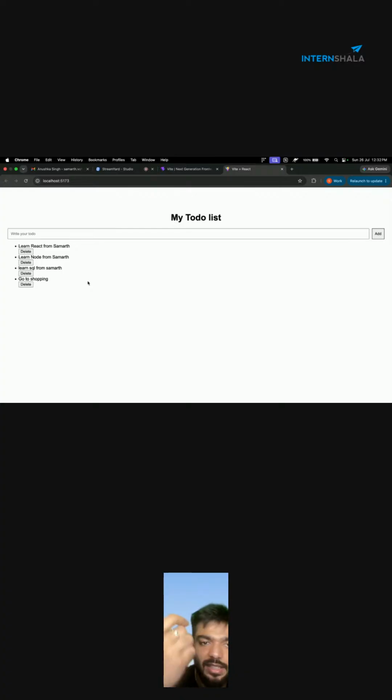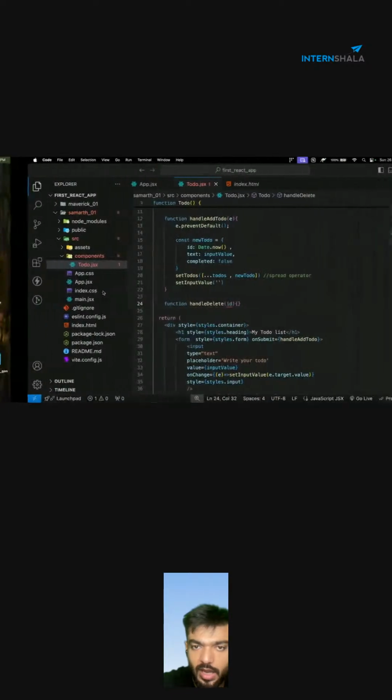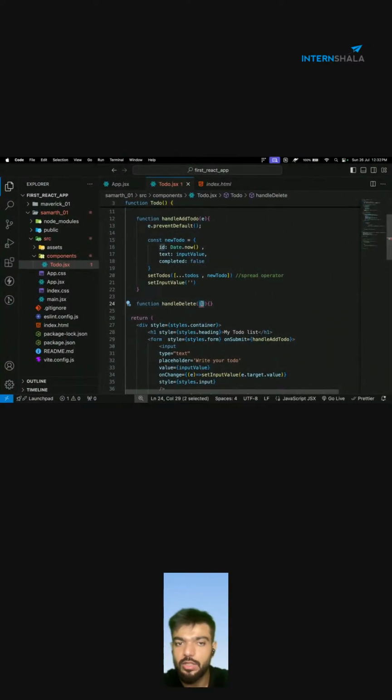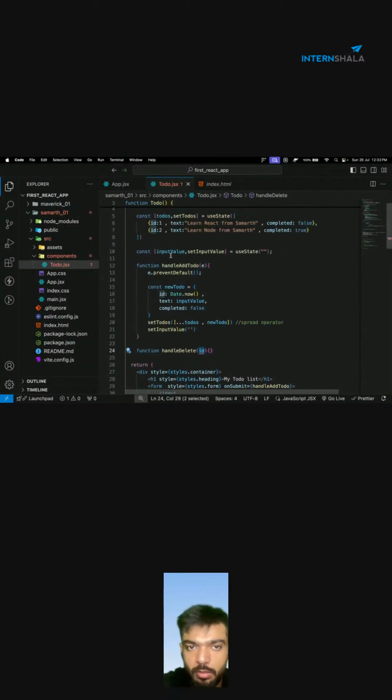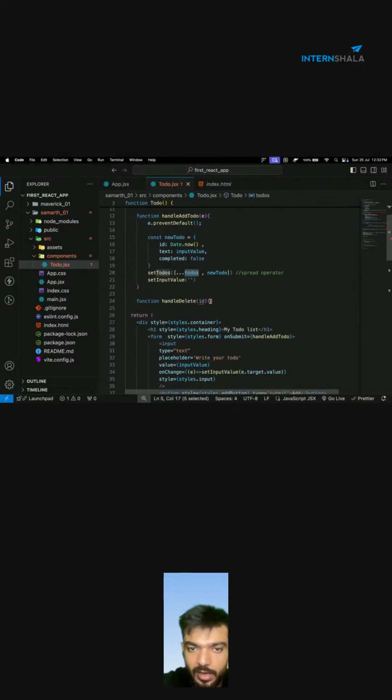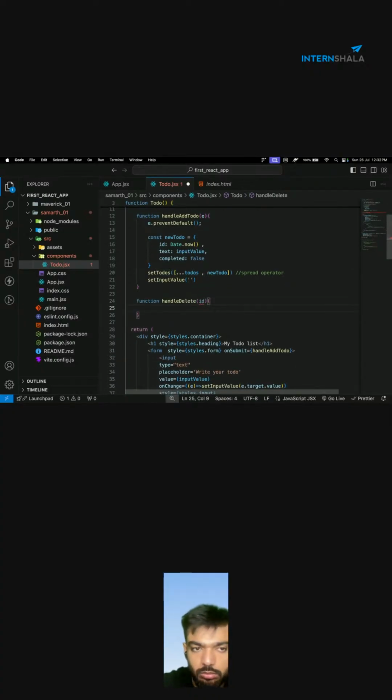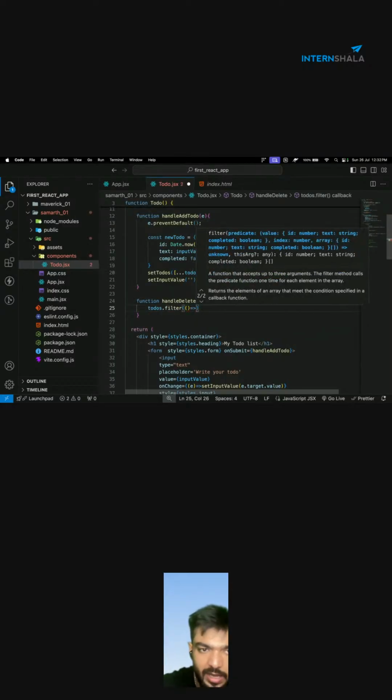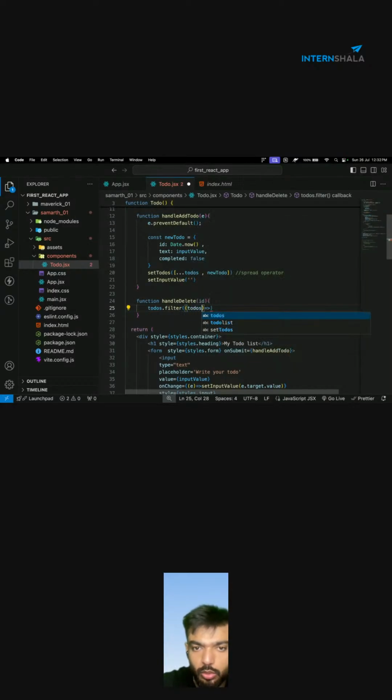I have the handle delete function. I will filter it from the array. I have the ID. On the basis of that ID, I can filter out from the to-dos array. What will I do? I'll do to-dos dot filter. Filter on the basis of what? Filter on the basis of the array. So from the to-do,